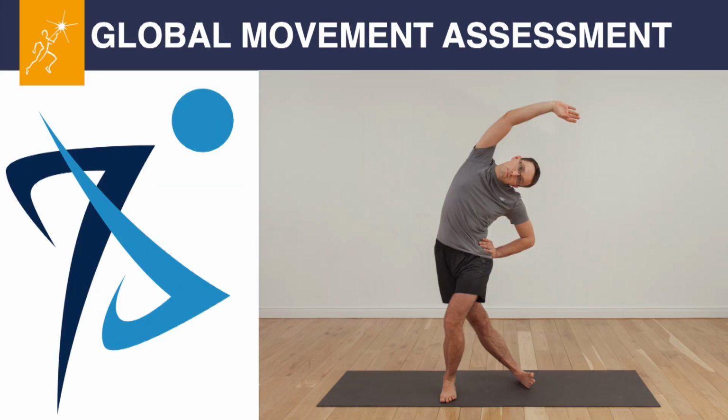So after we do this assessment, we are assessing a body in global movement. In a movement like you see on the screen, I'm going to observe bony landmarks, like how the lateral malleolus relates to the lateral side of the fifth metatarsal, or how the head of the fibula is reacting in relationship to the lateral condyle of the femur, how the top of the ilium is moving in relationship to the greater trochanter,